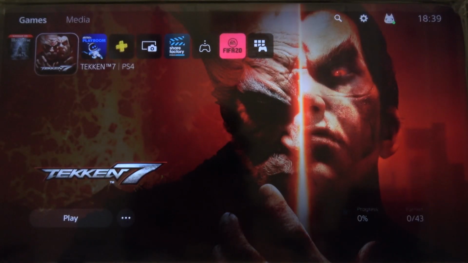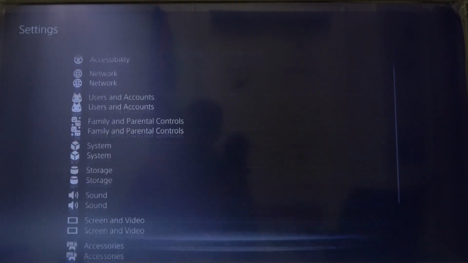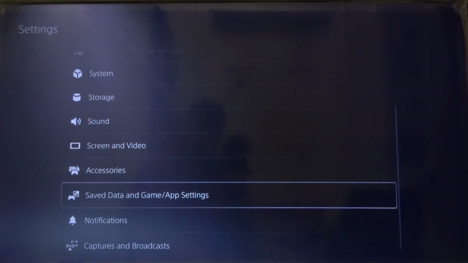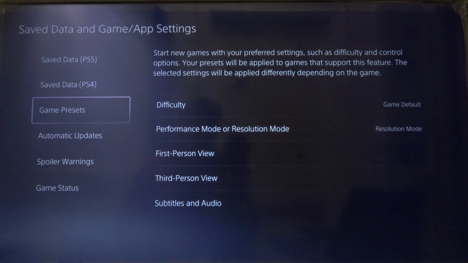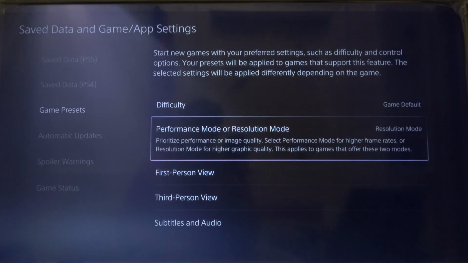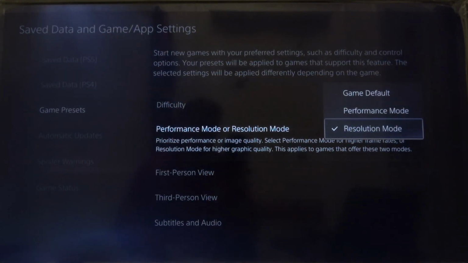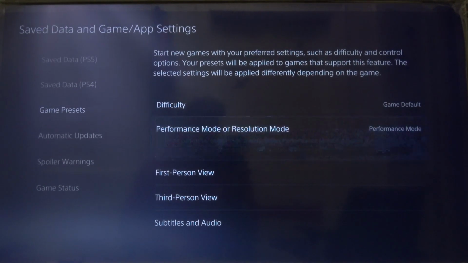Welcome. If you want to change refresh rate settings in your games on PlayStation 5, at first you have to go to the settings. Then we have to move all the way down to save data and game app settings. Next, let's go to game presets and then enter and find performance mode or resolution mode. Then enter one more time and just pick performance mode, and after that you can simply go